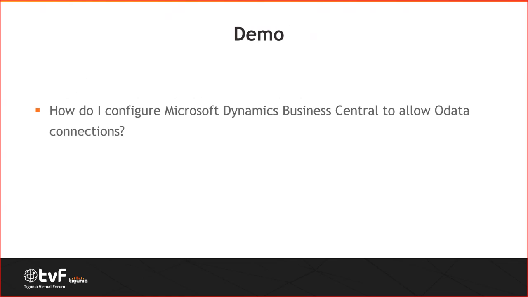As I said, I don't have a lot of slides. We're just going to go right into the demo, and we're going to start with how I configure Business Central to allow OData connections. Because first off, there are permissions you have to give and certain things that have to happen. So let's jump over into